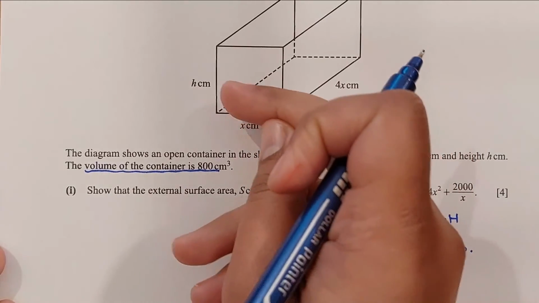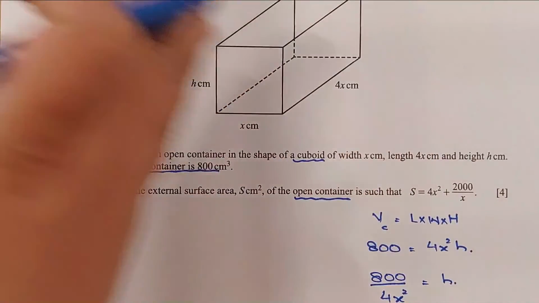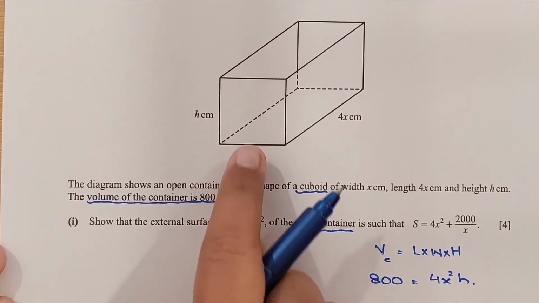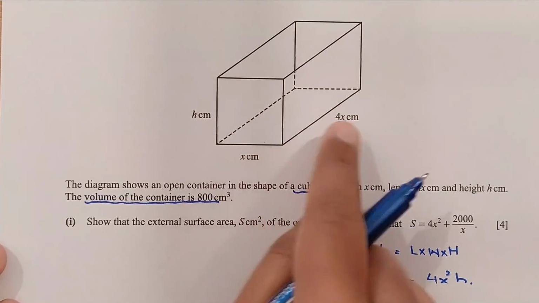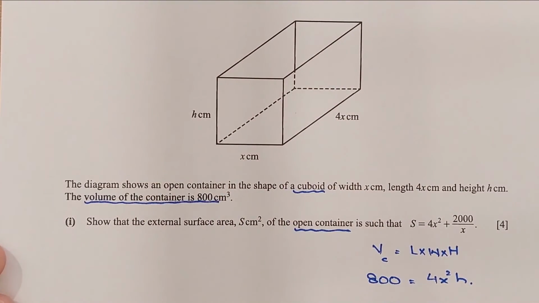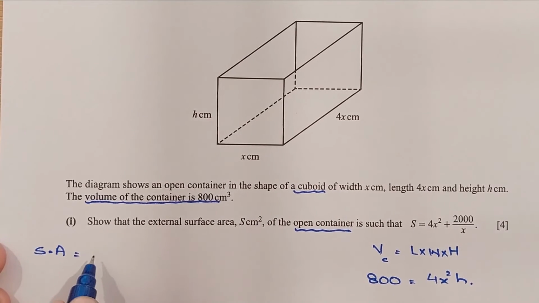Now as you can see, we have these two sides, the front and the back, and the base, not the top one. The base is rectangular, so we have just one face, the base one, because the top one is open. So we can say the surface area of a cuboid is